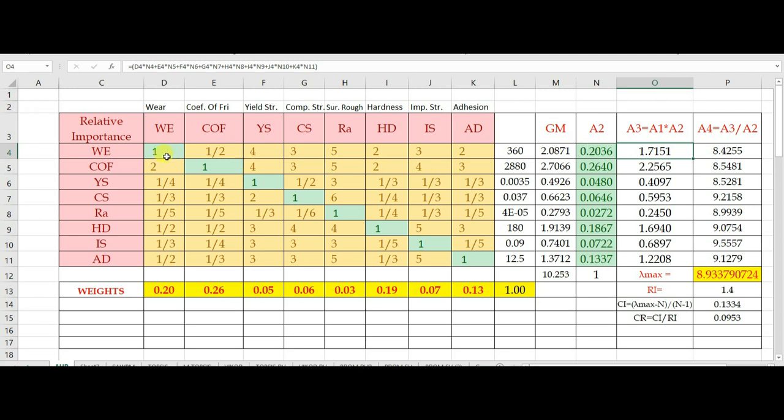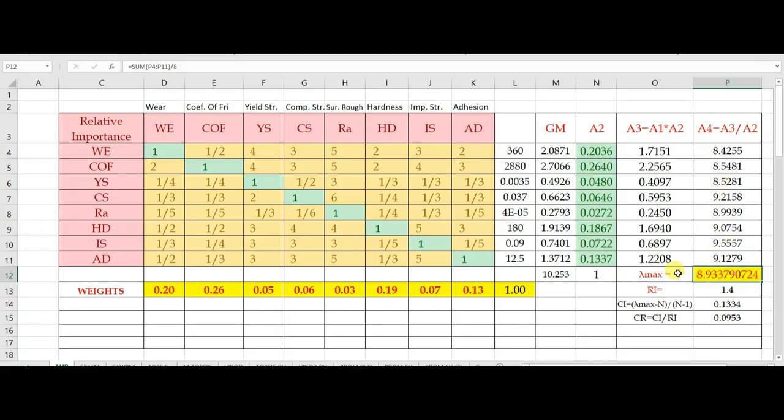We have to take product of this into this plus this value into this plus this value into this and so on, because it is 8 by 8 matrix. This is 8 rows and these are 8 columns. So we can easily take product of this and easily find matrix A3. For you to understand, you can see this formula. So using this formula we can calculate matrix A3. Now to calculate A4, we have to take the ratio of A3 to A2. This is A3 matrix and this is A2 matrix. So we have to simply take values of this divided by this.